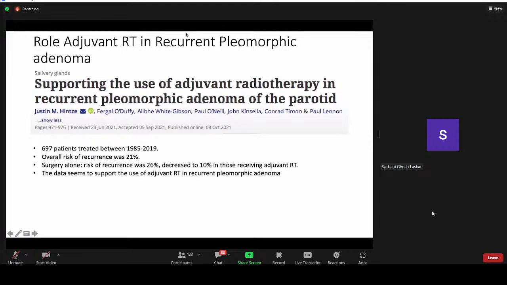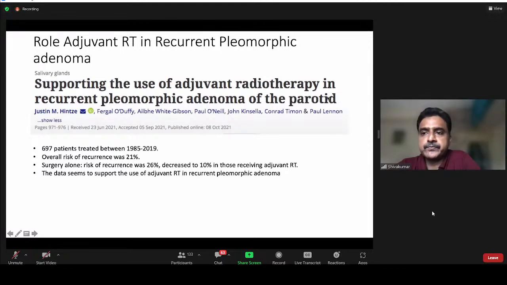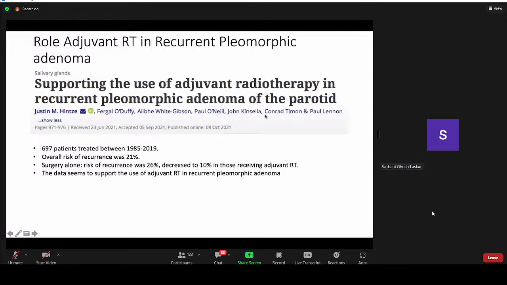Right. Shiva, can I just make a quick comment here? Yeah, please go ahead. And maybe, sir, if you remember, the other thing that you taught me is, if you look at extra salivary sites, tumors, then we need to